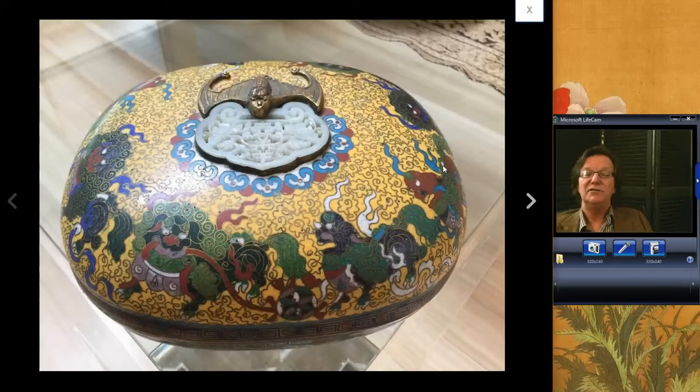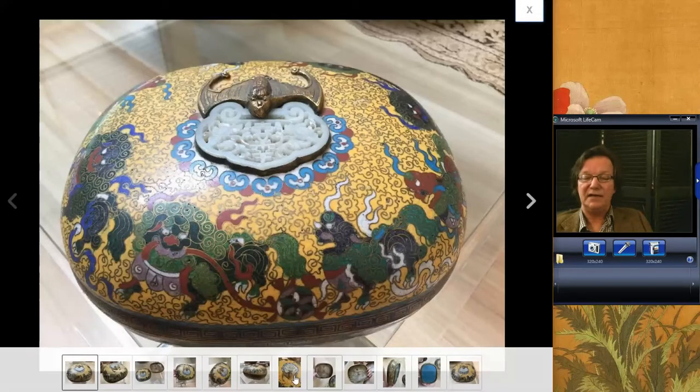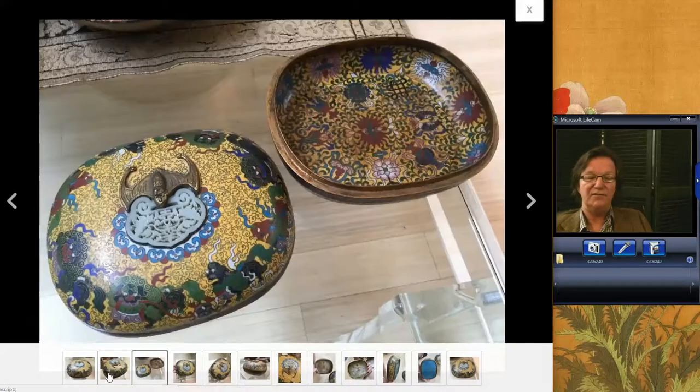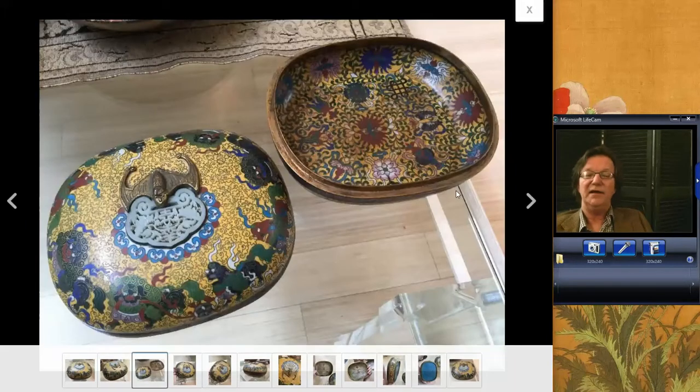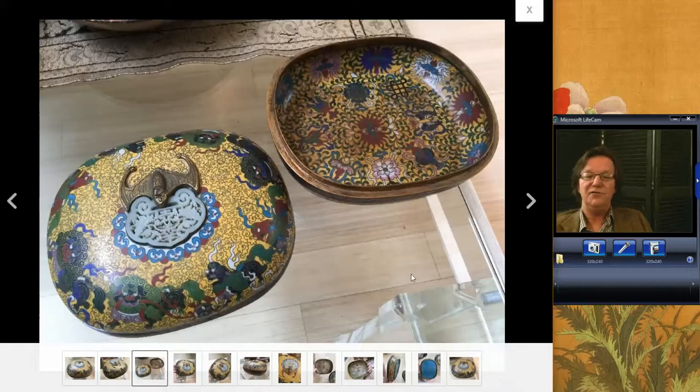All right, and there was this box. Now, I'm kind of sad for the seller on this. He didn't do a very good job photographing it, because from this picture it looks like just a lid. Here's the whole thing. It doesn't read well. You always shoot your thing so you can see the whole object in one shot and be clear about how much of it is there. Anyway, this was a nice Famille June